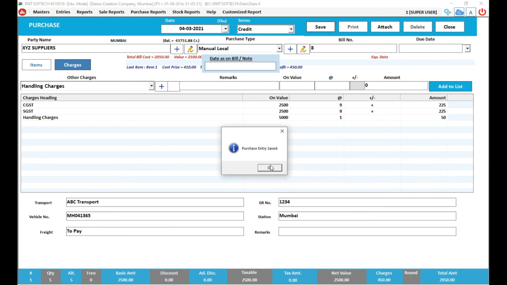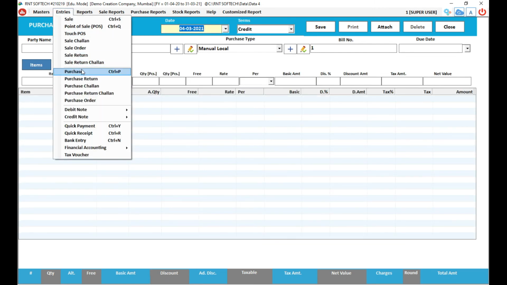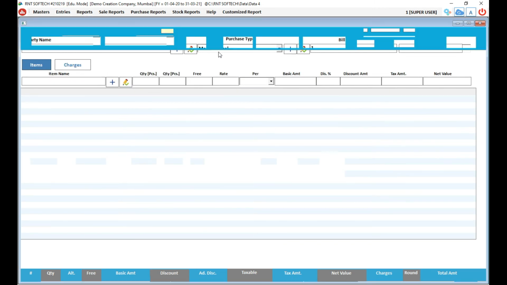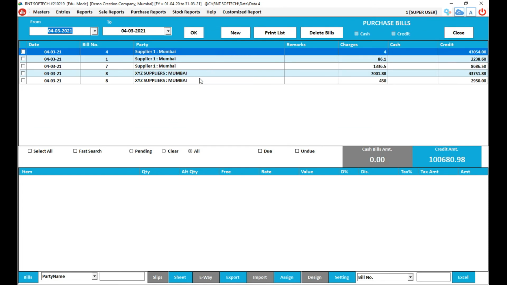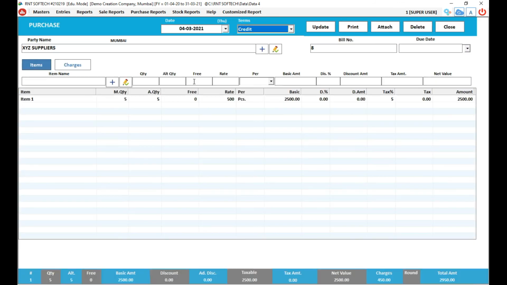One more thing in this. Once it is saved, we go back to the entries. Purchase. This is the last invoice we had created. XYZ Suppliers. Here it is.